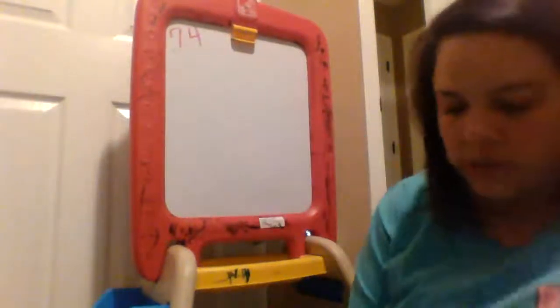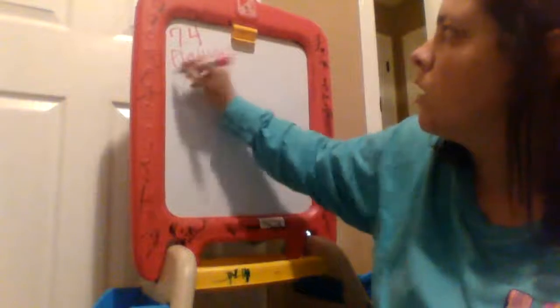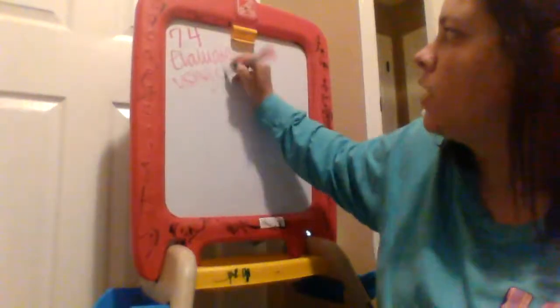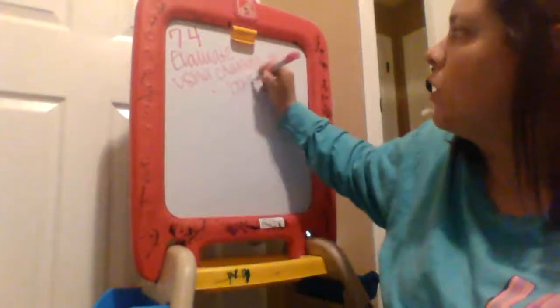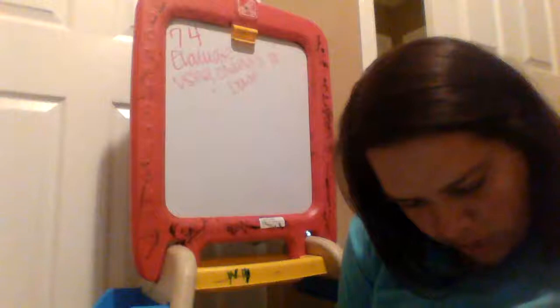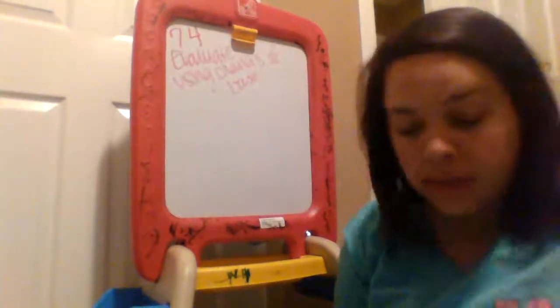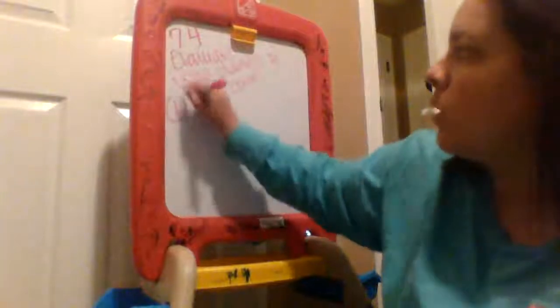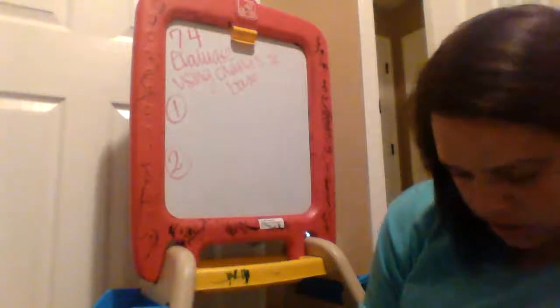So the directions will say evaluate using change of base. If it was not a whole number, you may see it say round to the nearest hundredth place, so that would be 2 decimal places. So let's do 2 more of these, and then we're going to call it quits because we're hitting about 17 minutes here. All right, so let's do